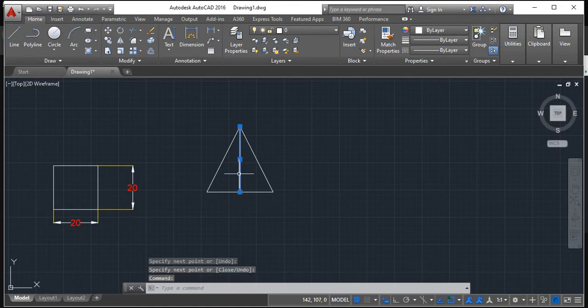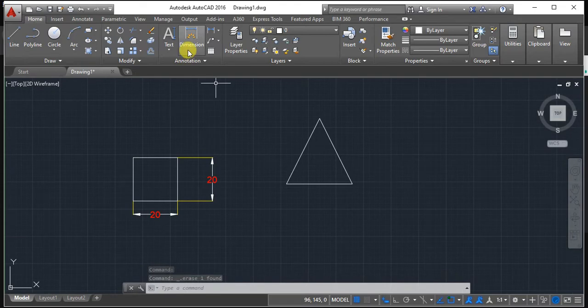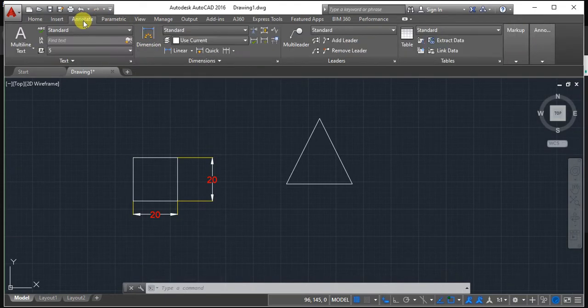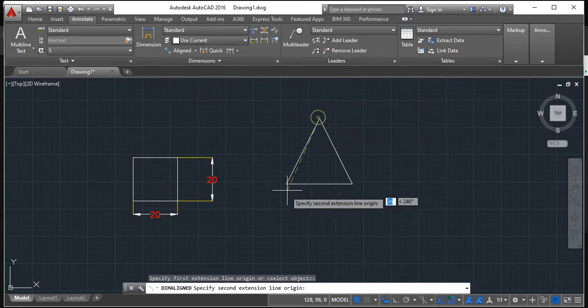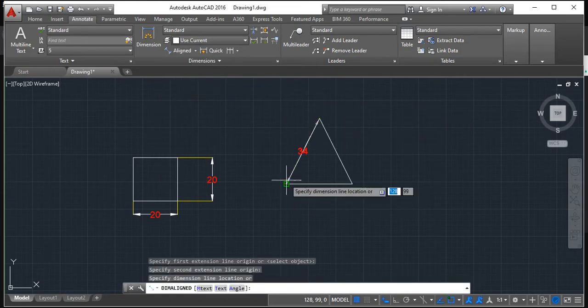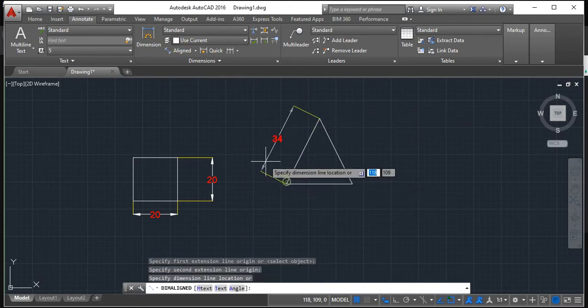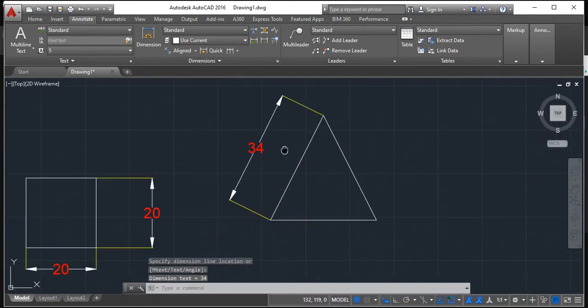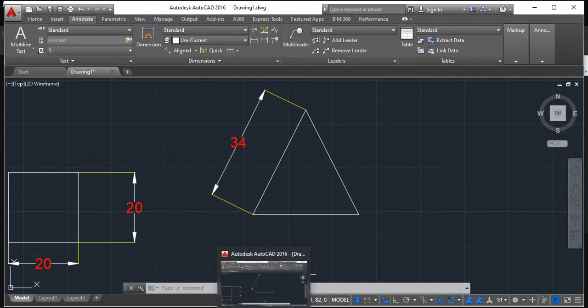Delete it, right? For this also you can go with dimensioning. Go for annotate, then go for aligned dimension, because this is an aligned dimension. Select this and this point, sorry, aligned dimensioning, the very first point and the last point. See, the problem is in the equilateral triangle I didn't make any proper estimation. That's the reason I got 34. If this height is improper, then this angle would come.